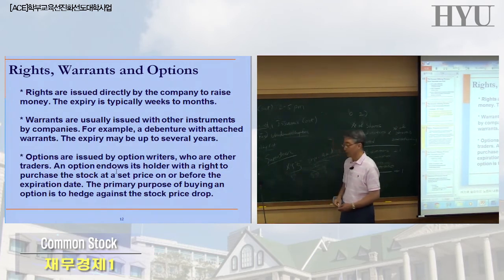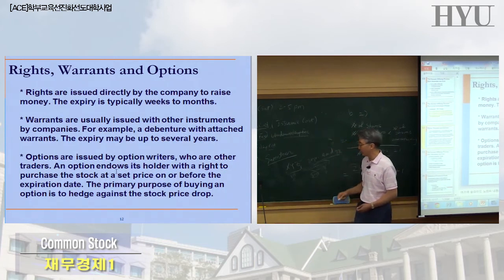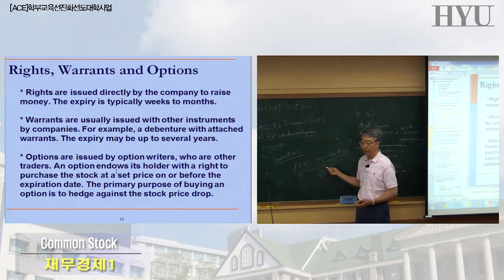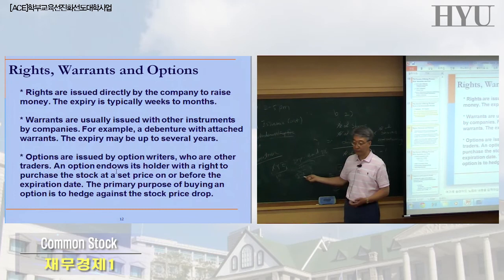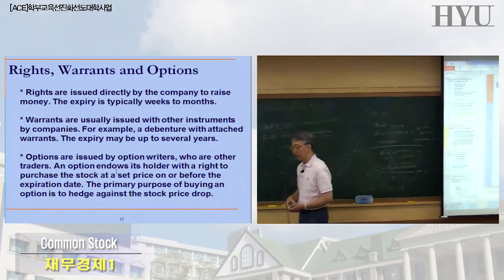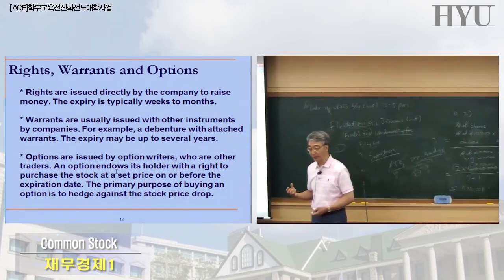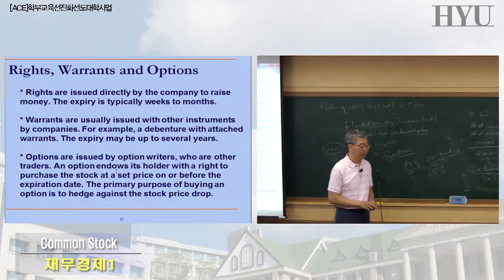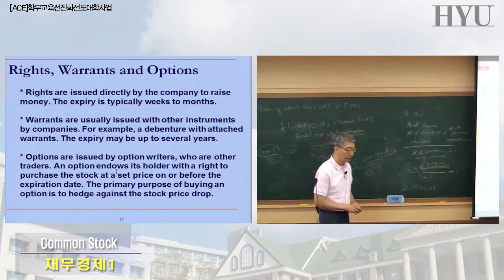So what that means is, regardless of the stock price 5 years later, maybe the stock price may go up to $20 or $30 if the company is successful, you can still purchase, let's say, 1,000 shares of their stock at $10. So it's kind of a bait or sweetener, to make the issuance of the bond more attractive.